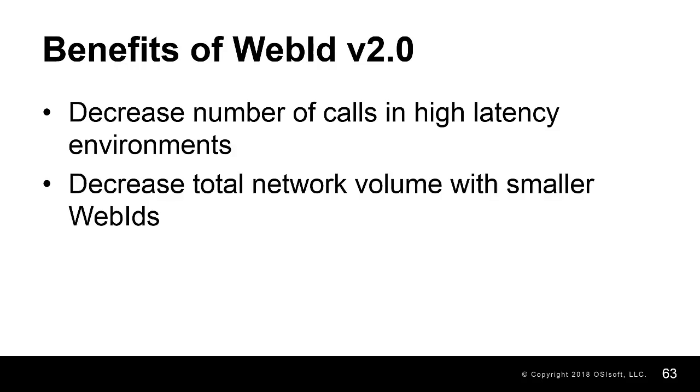Another benefit is that by using path only or ID only in the URL parameter, you can reduce the amount of information sent over the wire. The web IDs are inherently shorter than they would be with full web IDs, which is the default. So if you're making large batch calls and requesting hundreds or thousands of objects, the savings in each one of the web IDs being smaller could be huge in the long run.